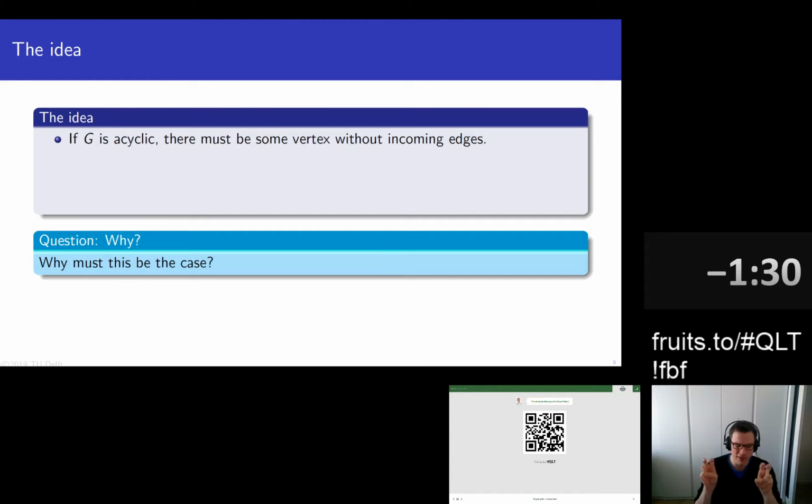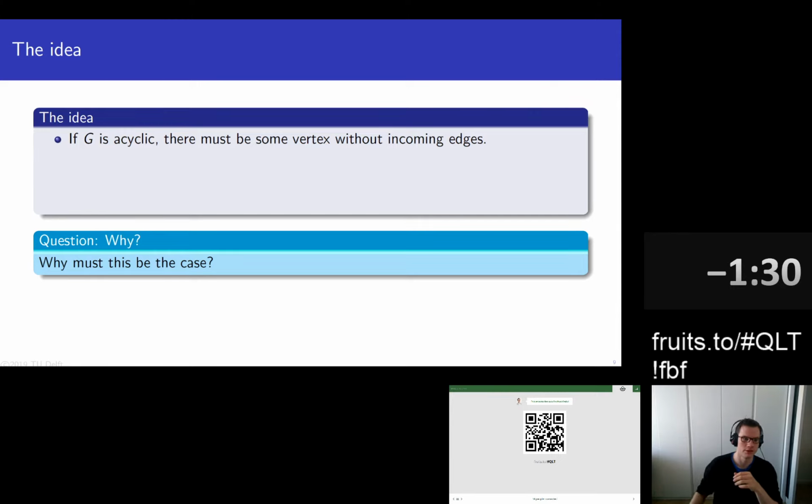The beginning of a graph is a little bit vague, perhaps, but imagine that it is acyclic, but that also every vertex has an incoming edge. Then what can I do? Given a random vertex, I can traverse backwards over its incoming edge, so I end up somewhere else. And now again, this one must have an incoming edge, so I traverse backwards over that. If I do that v times, where v is the number of vertices, then I must have created a cycle. And every time, because every vertex has an incoming edge, I must be able to go back. Since that's impossible because the graph is acyclic, there must be at least one vertex without any incoming edges.